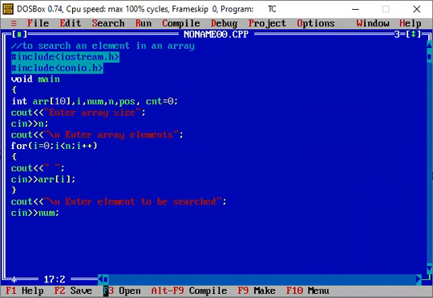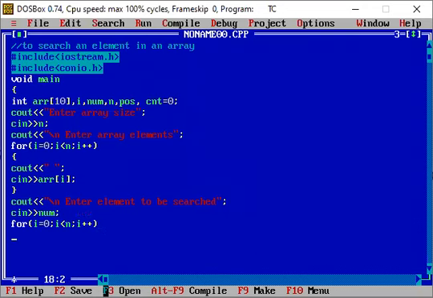So let's suppose I want to find that particular number, which I have given a variable name, num. So again, I have to traverse my array for the same. So what I will do is go by using this particular for loop. I'll use like this: i equal to 0, i less than n, i plus plus. Okay, so this is the case with the help of this for loop.